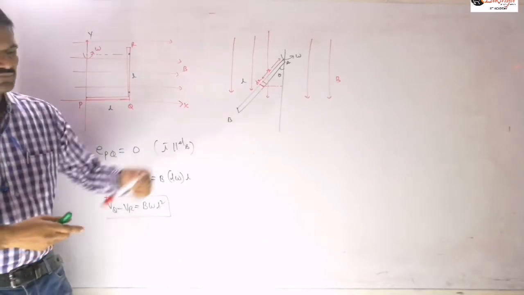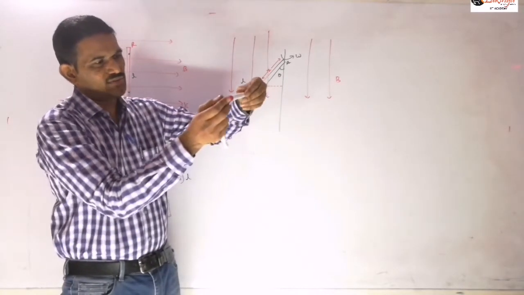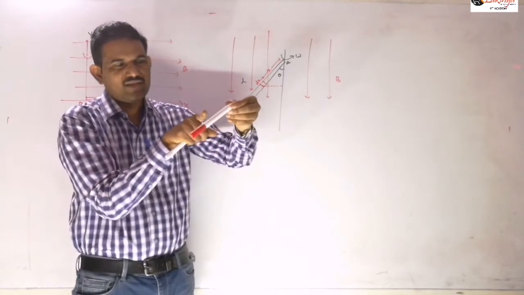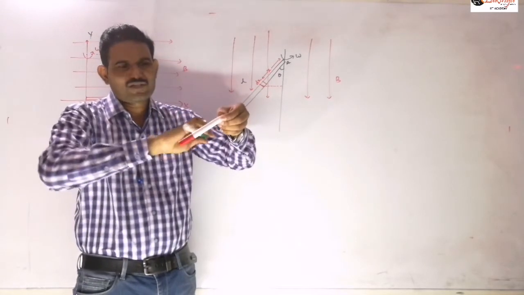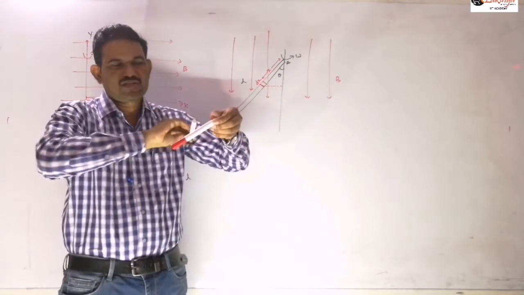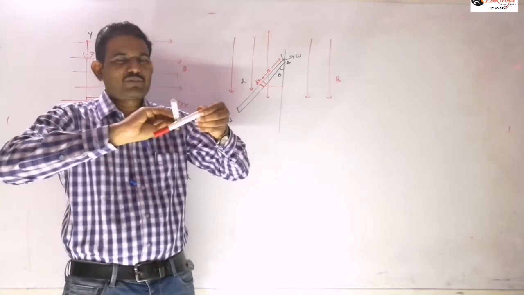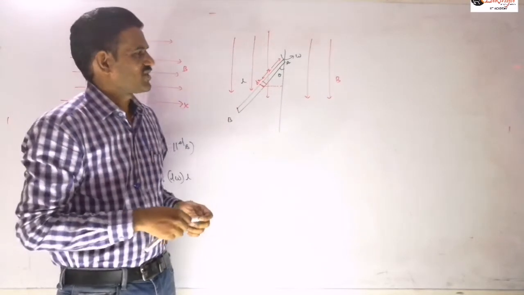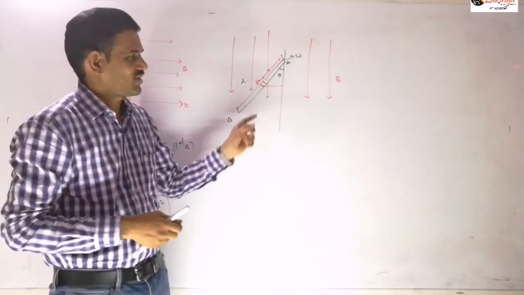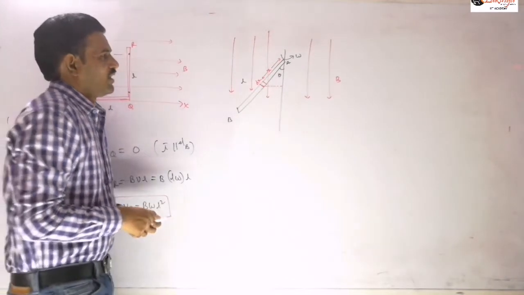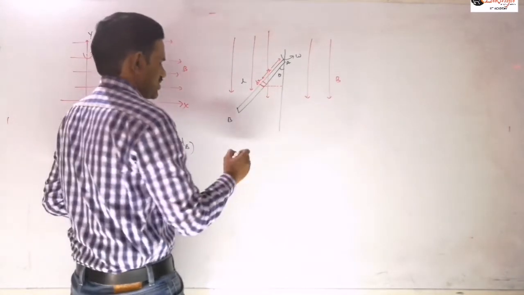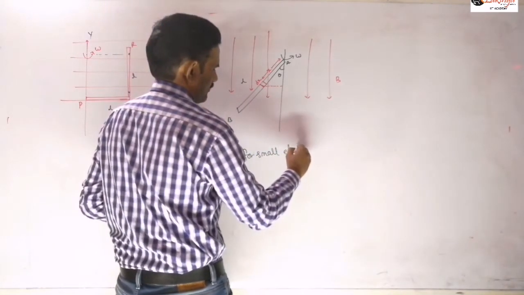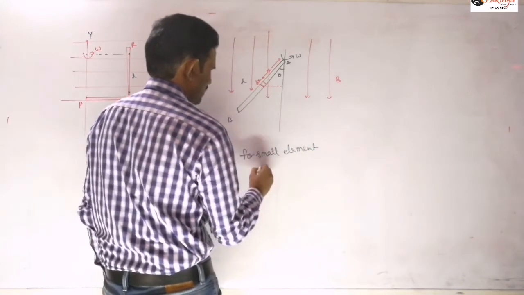Can you say why? Because if the rod is rotating like this, you may consider that the velocity of this element will be like this. If it is rotating like this, then the velocity of this element will be like this. And we are taking the field either into the plane or out of the plane, so it will be perpendicular to that element's velocity, and the induced EMF will be 0 in that case. So I am changing that field direction here. And now let us write for the small element.